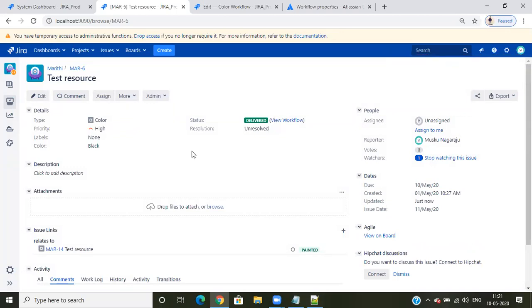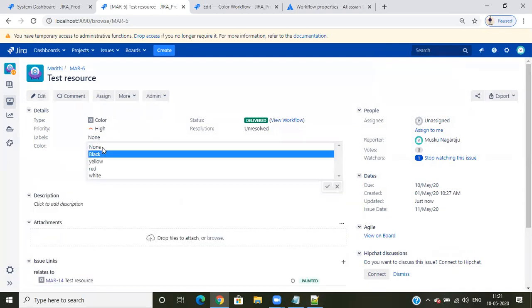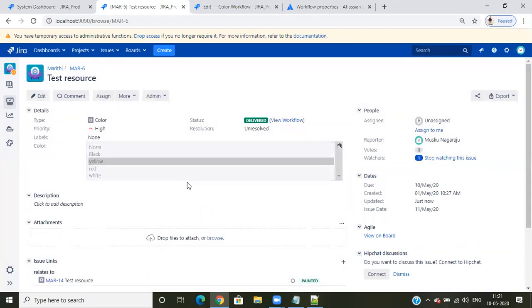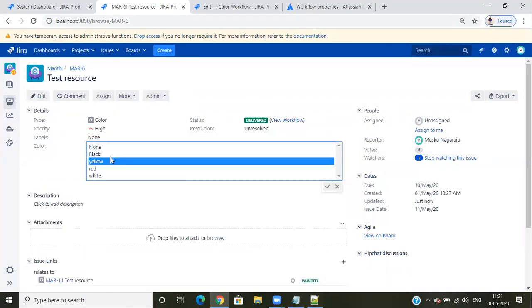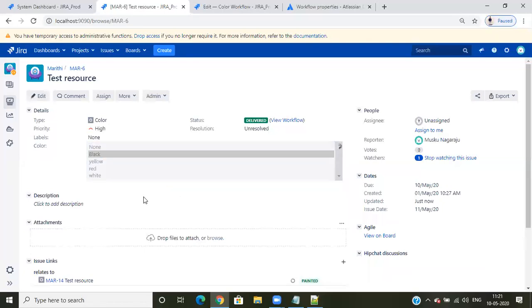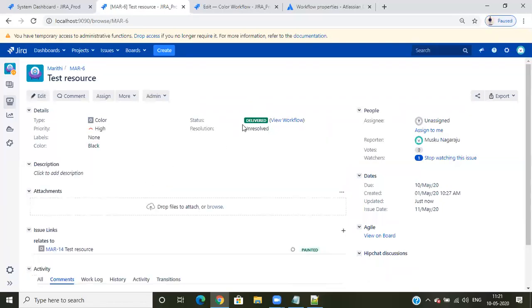They misuse the assignee because now they want some more work. Suppose I have a color issue, yellow. The yellow painting is done, but once she comes back, she edits it: no, this is not yellow, this is black, and I start work again. When I inform him that I completed the task, he can still edit this field. So we can restrict these edit options when the ticket reaches a particular status.